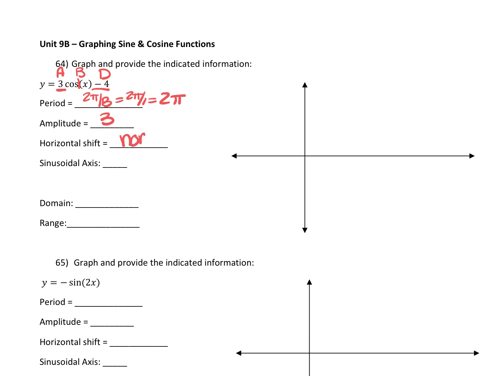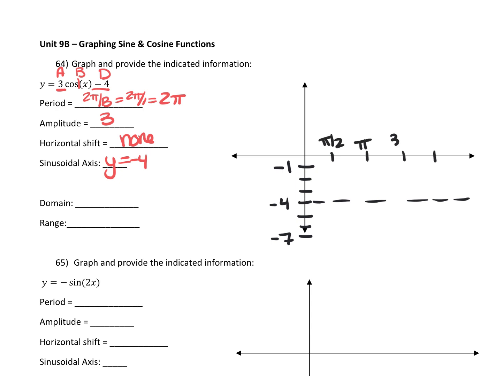I have no horizontal shift because I have no C, and my sinusoidal axis is going to be at y equals -4. So 1, 2, 3, 4, -4. 1, 2, 3 to my minimum, 3 to my maximum. So here's my new sinusoidal axis. And then I have no shift, and my period's 2 pi, so it's just going to be a normal